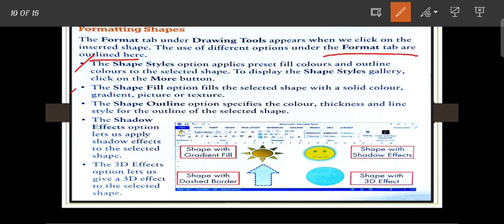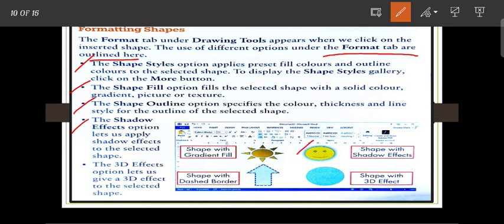Next is number 2, the Shape Fill option. Fill the selected shape with a solid color, gradient, pictures or texture. And next is the Shape Outline option. Specify the color, thickness and line style for the outline of the selected shape. The Shadow Effects option lets us apply shadow effects to the selected shape.